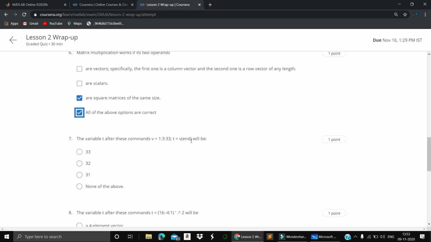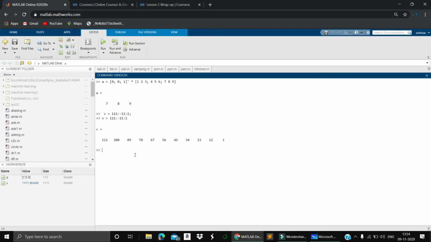If you keep on incrementing by 3, starting from 1: 1 plus 3 is 4, 7, 10, 13, 16, 19, 22, 25, 28, 31. Counting like this on the board is not a valid approach for me, so we'll execute this one.